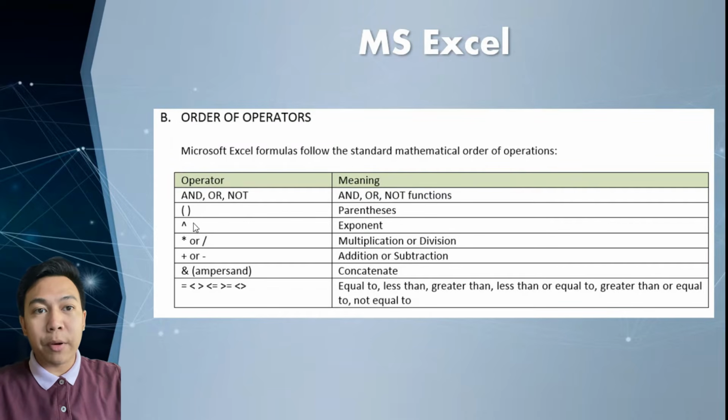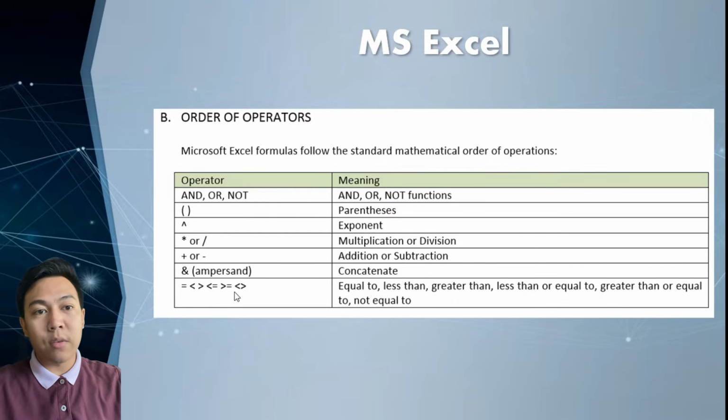We also have parentheses. We can place an argument inside here, or you can use this for multiplication purposes. Exponent, we have this one. We have asterisk or slash for multiplication or division. Plus or minus for addition or subtraction. We have the ampersand symbol, which is used for concatenating. And we also have equal sign, less than, greater than, less than or equal to, greater than or equal to,